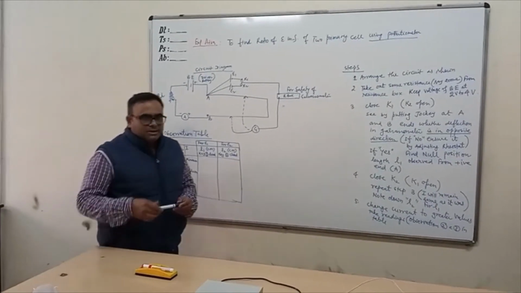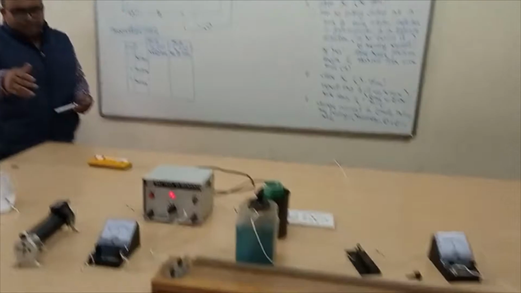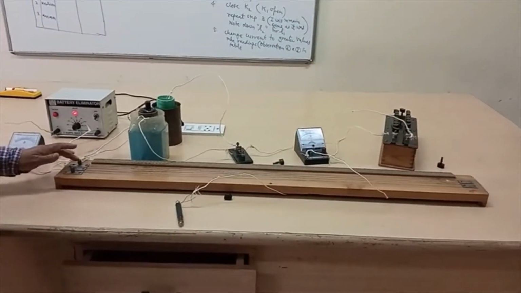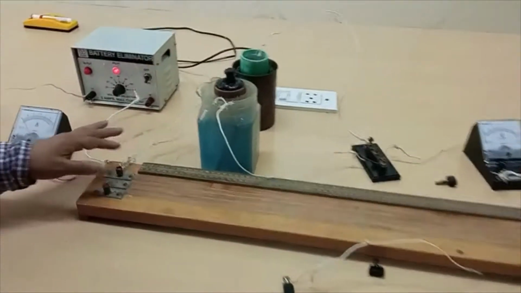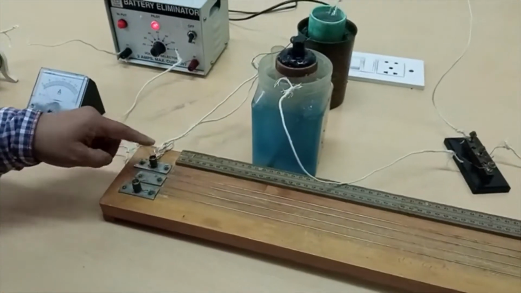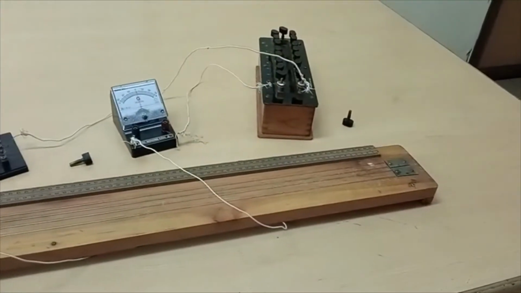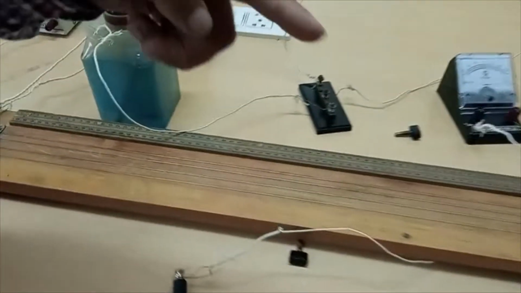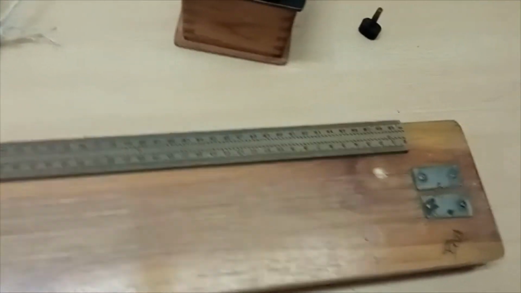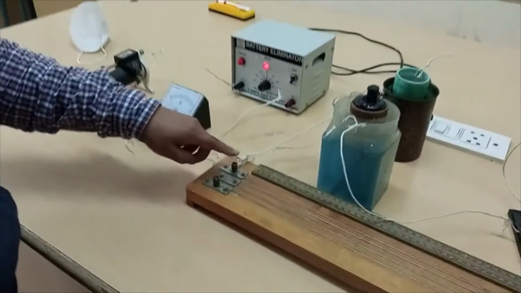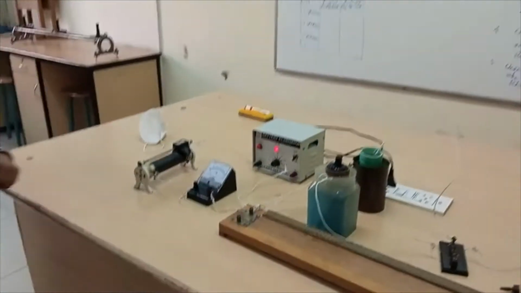Now you can see here the potentiometer is the device which has actually 400 centimeter wires. This is the starting point and you can see that from there it is returning back, then going up to that distance again and then coming back to the other end. So there are two ends. We have named them A and B in the circuit diagram.